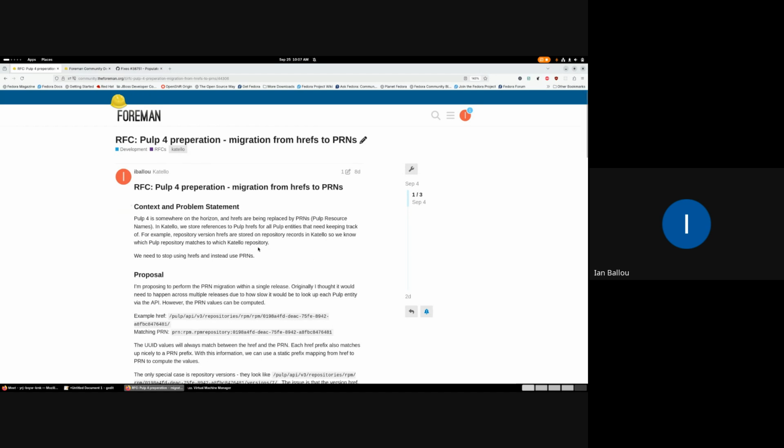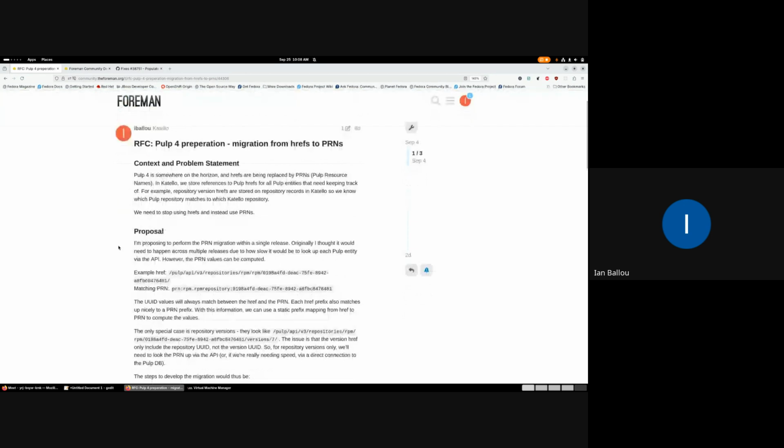What I'm displaying on my screen is an RFC that I posted a little while back about our migration from hrefs to PRNs, which are Pulp resource names. I believe that's what it's called.